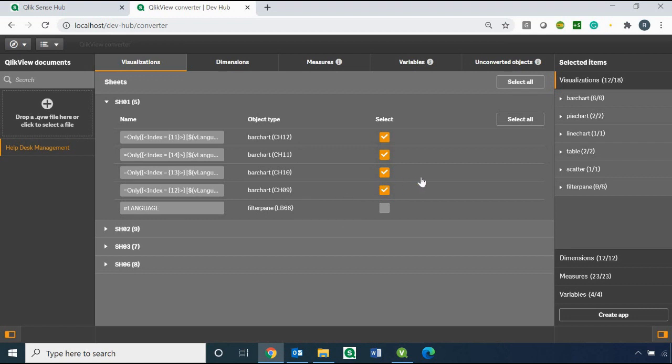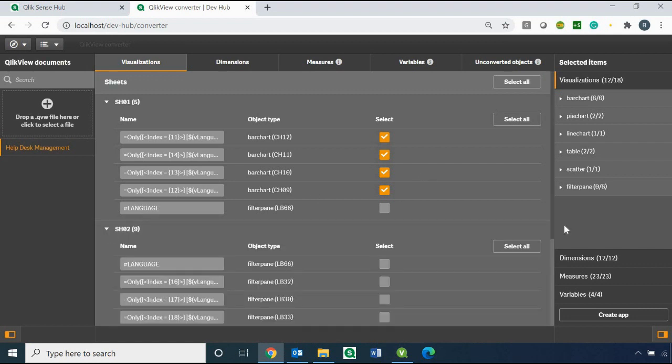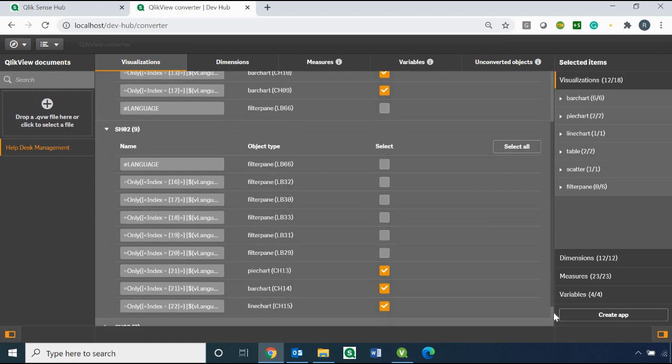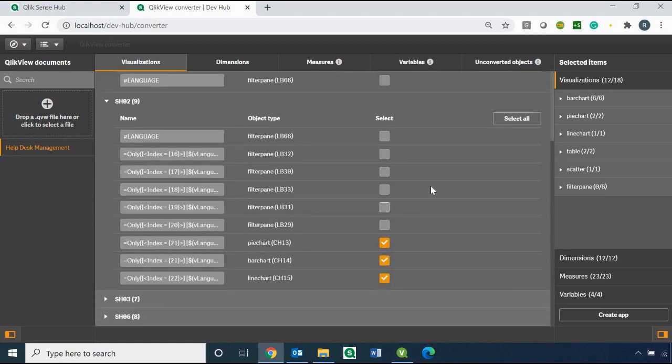Now the good part about this is that you can decide which of these objects you want to include in the final QlikSense dashboard. So you can navigate to each of these sheets, see the different charts and graphs available on that particular sheet, and just select those which you want to include.